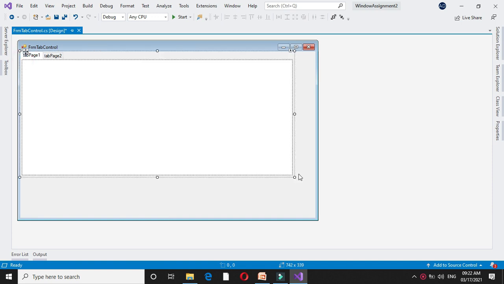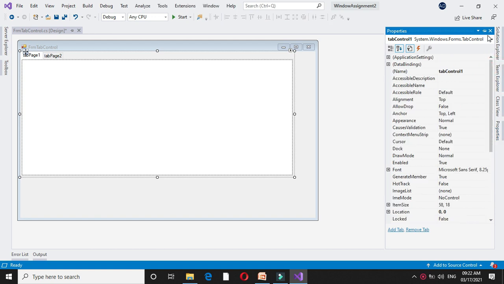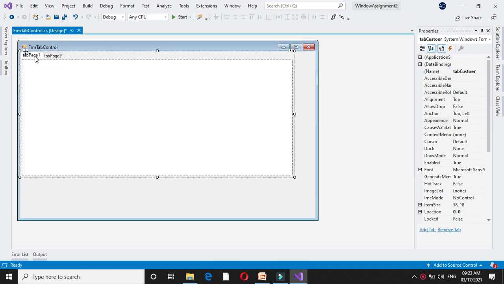Now we will see the different properties for tab page. First is name, which is used to set the name for the tab control. I will mention it as customer, since I am going to add customer information here. Appearance property is used to set the display of the tab pages that you have added on this tab control.